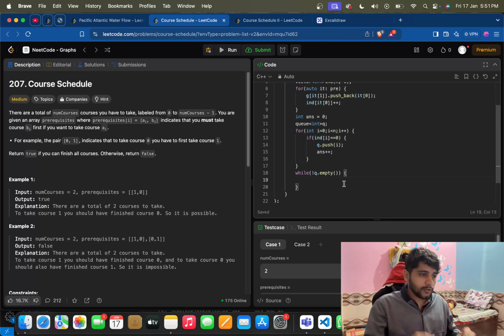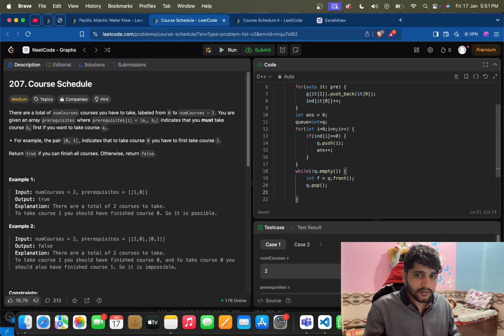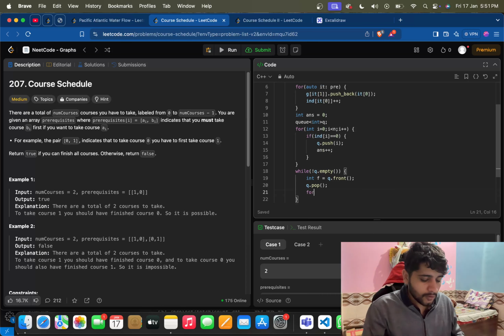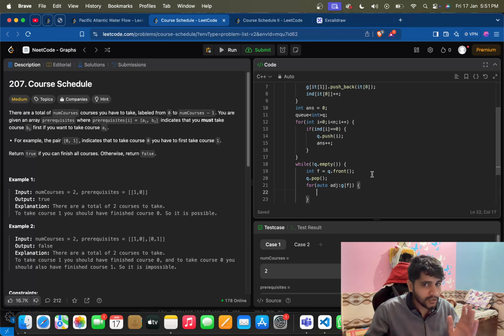What we are going to do here is take the front of the queue, q.front. We will q.pop it, and then we will go to the adjacency list of this front. Adjacency list of this front means g of this front. Okay, we'll go there and look at the adjacency list of this front, because we have completed this course,